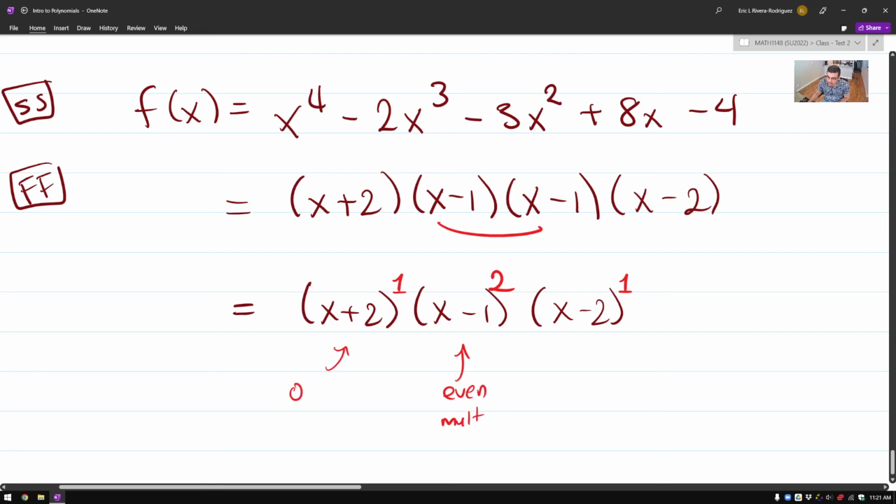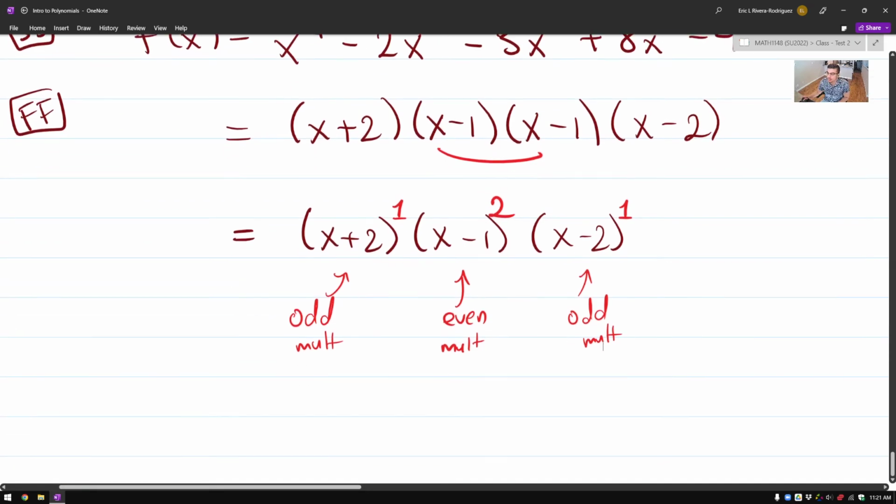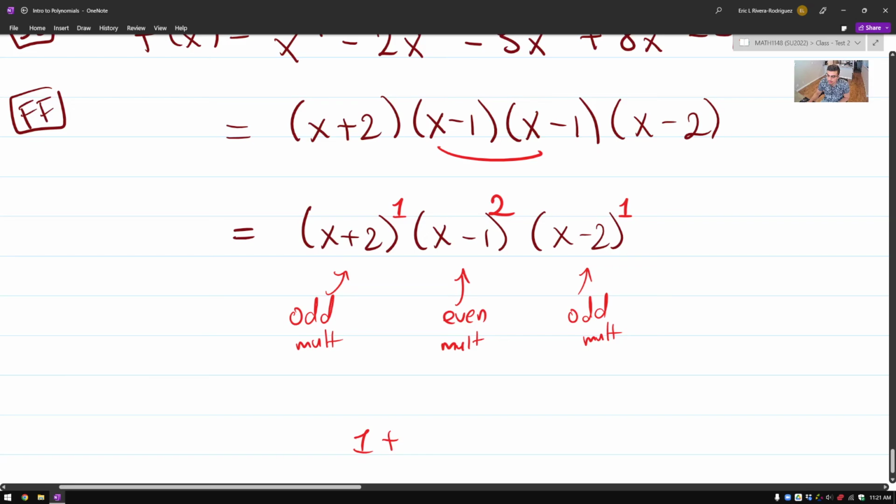This is an odd multiplicity. Odd multiplicity again. All right. If we add 1 plus 2 plus 1,